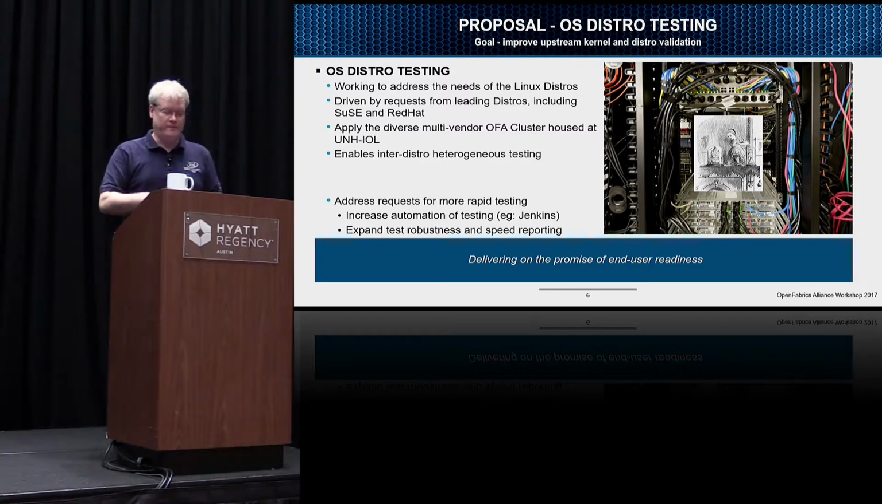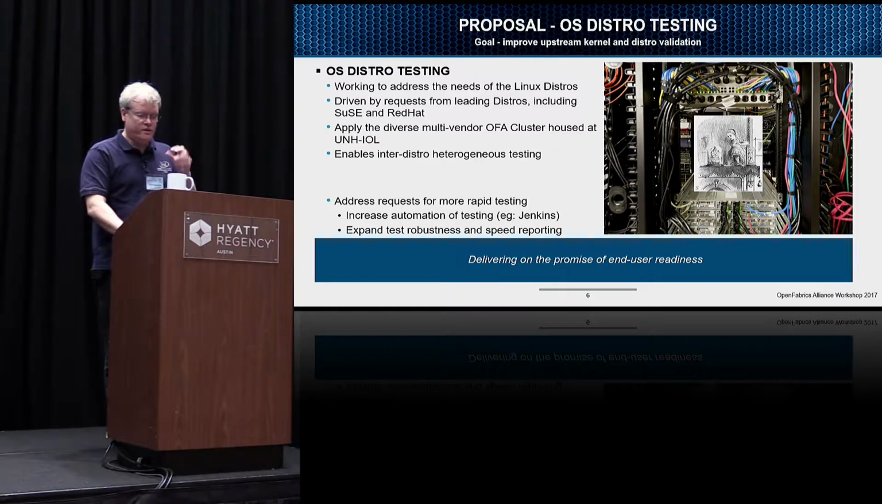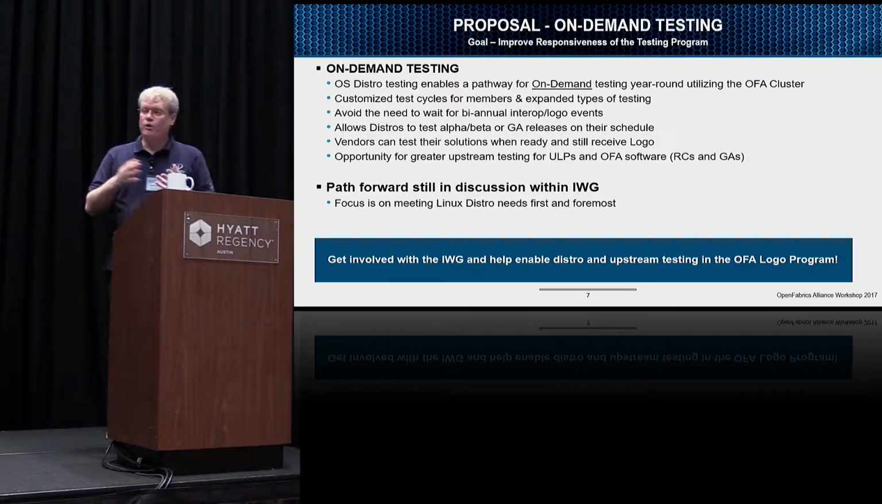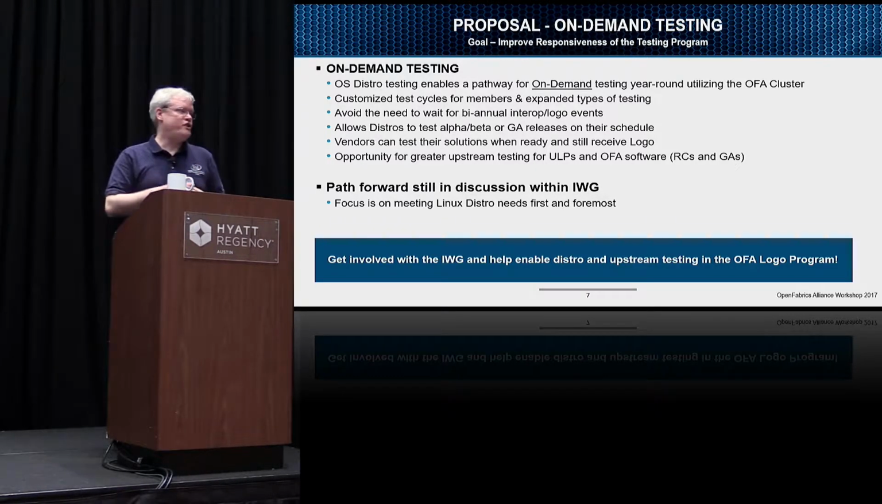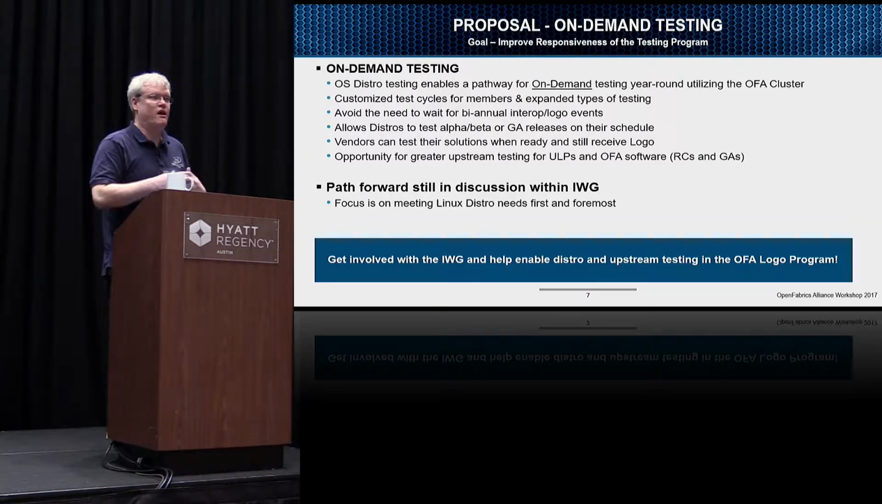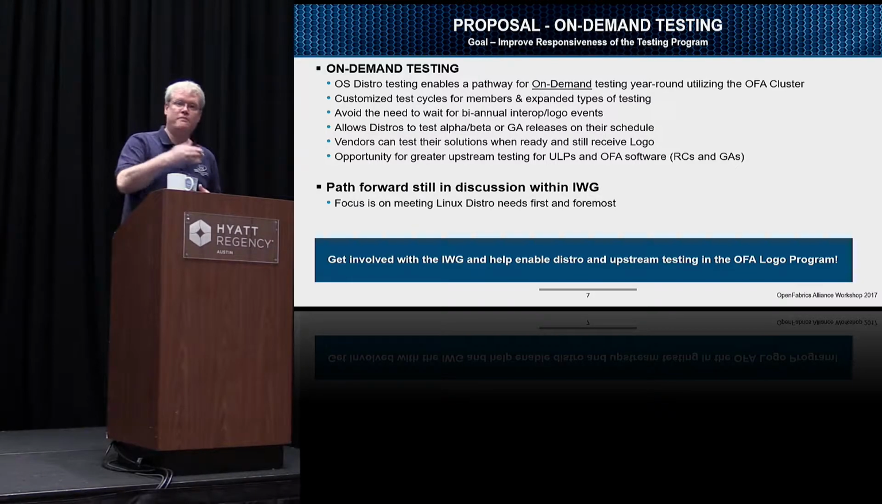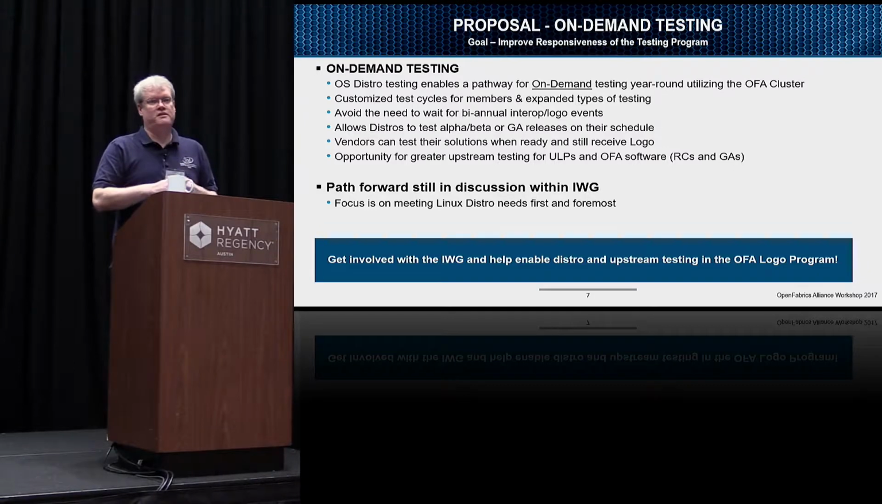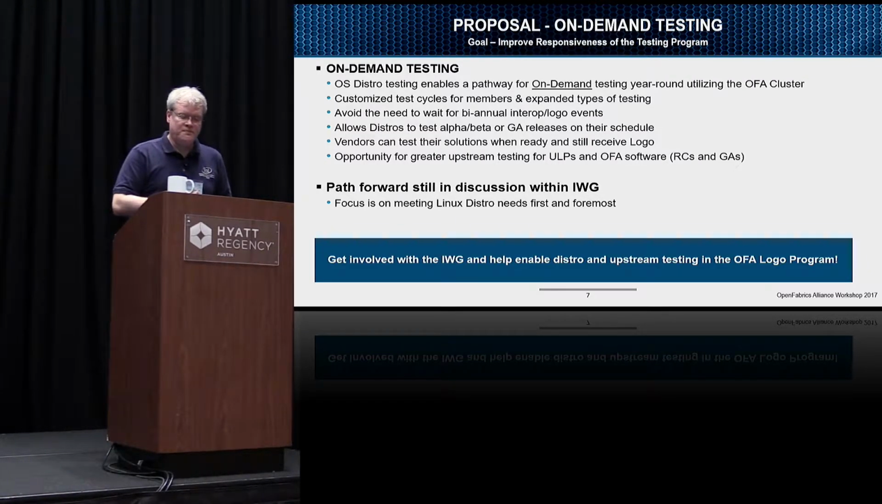Okay, thank you. So we do need to do a few areas of improvements in our testing. Suzanne referenced it earlier. Our current testing has some automation, but it needs to have some improvements. So we'll be looking at adding in those capabilities, faster reporting, a little bit more robustness. And that hopefully leads to what will take shape as, I refer to it at least, as an on-demand program, where we can meet the release schedules of the distros rather than the fixed biannual logo events,